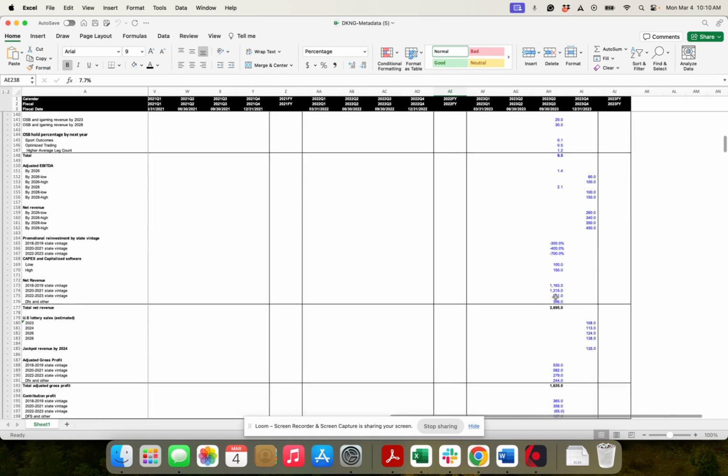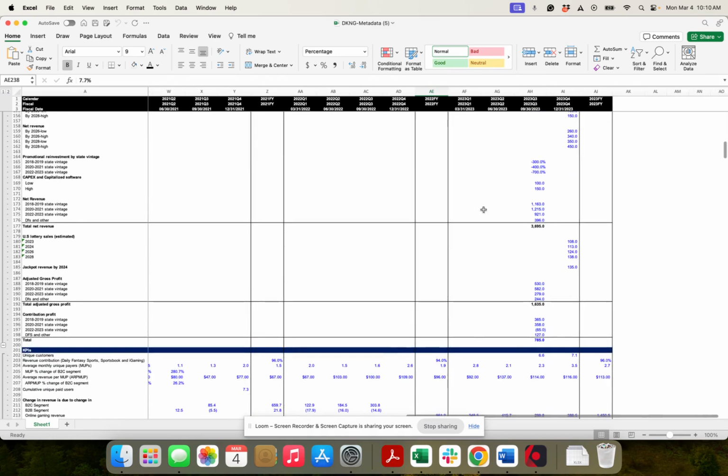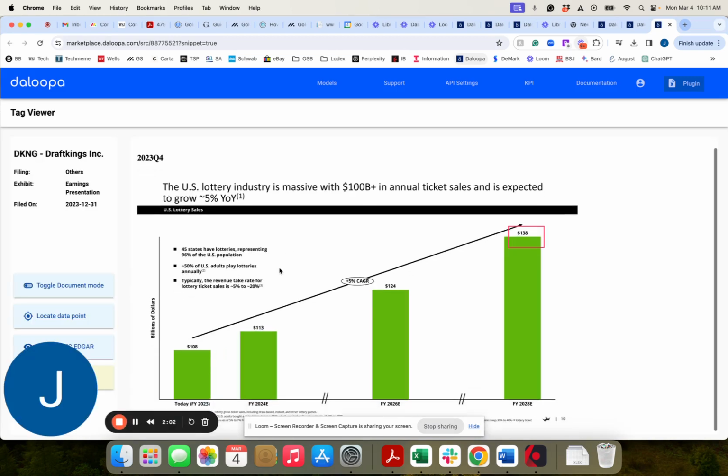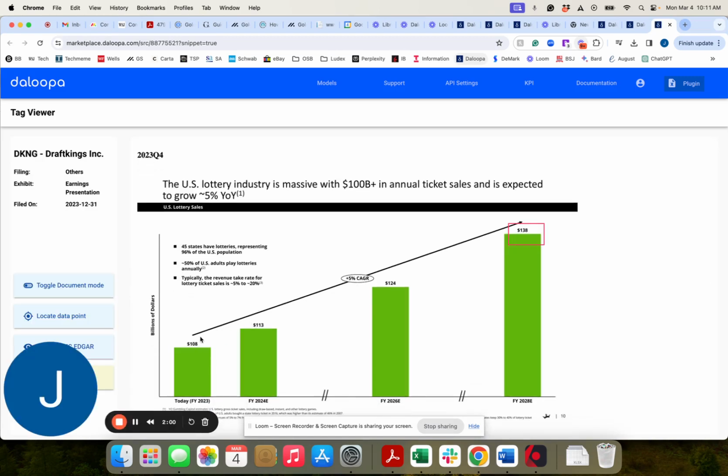So let's pick one. This is US lottery sales. And if I click on one of the numbers, it goes right to the spot in the earnings presentation where it talks about the progression in US lottery sales from today, 108 million, and where they see it in 2028, 138 million. And that's the link I clicked.